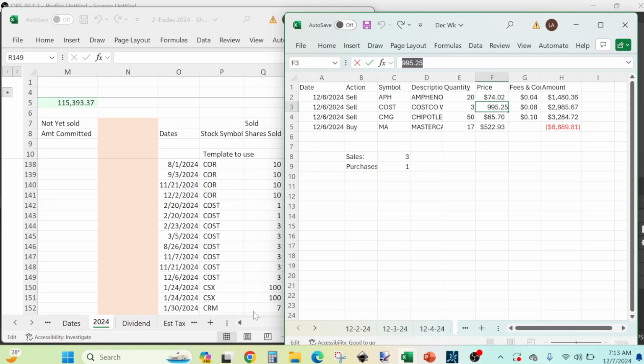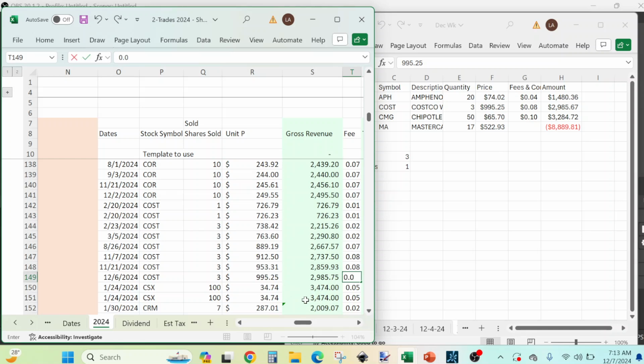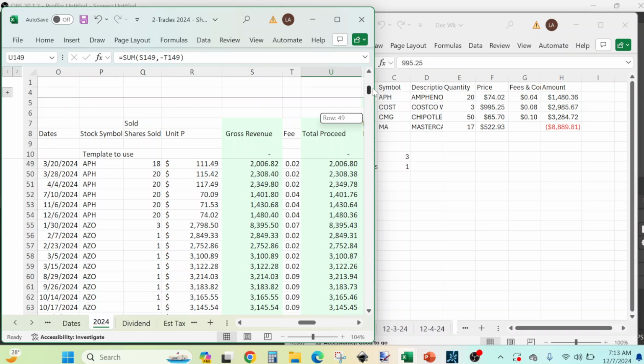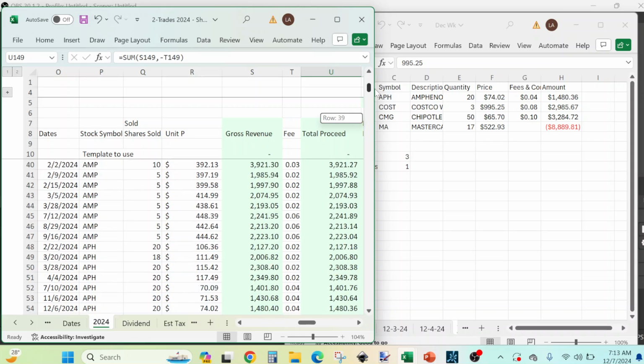And the fee is 0.08. We need to go back to the other one. I like to make sure I put the fee in. APH, yeah. Is it APH? Yes, APH. 4 cents. Okay, we have the fee there. We'll come back to Costco,